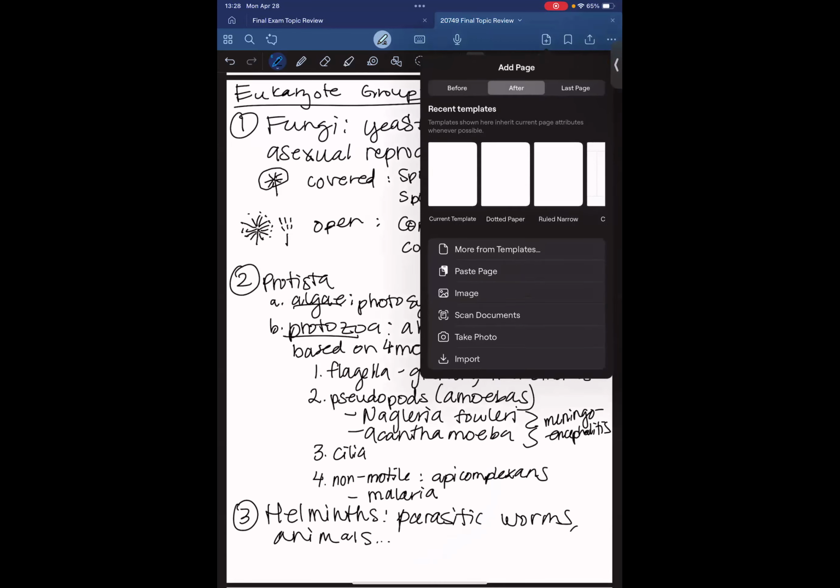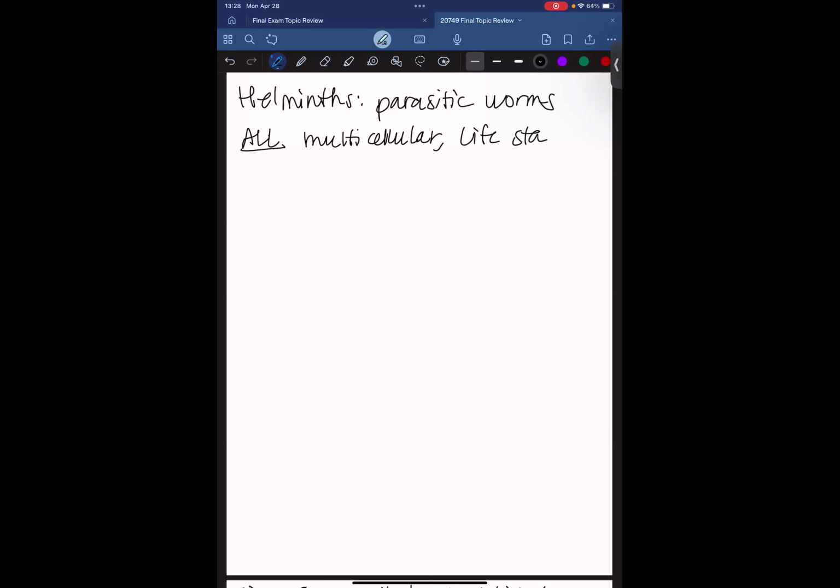So I'm going to add another page here so I can cover my helminths well. These guys are all multicellular and have several life stages. This will include forms that are like egg forms, larva forms, as well as adults. All righty. Our helminths, that basic parasitic worm term,